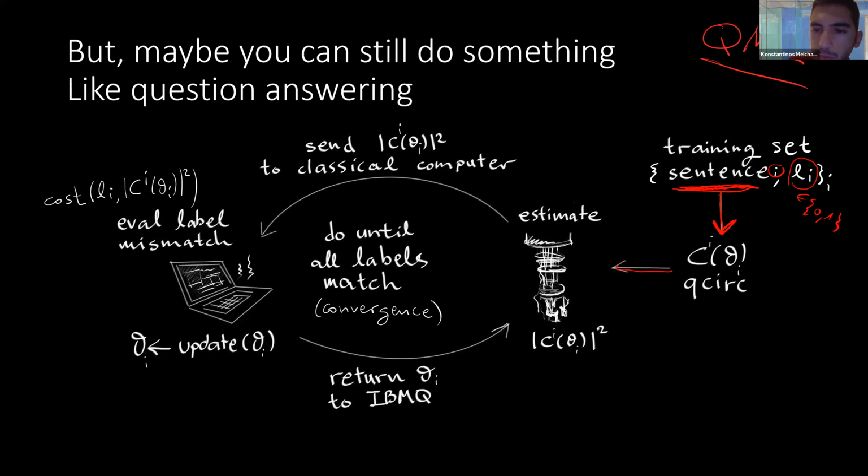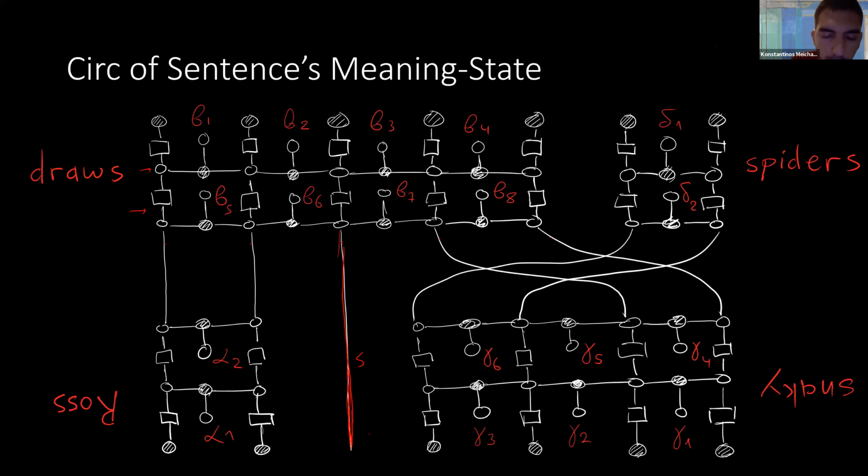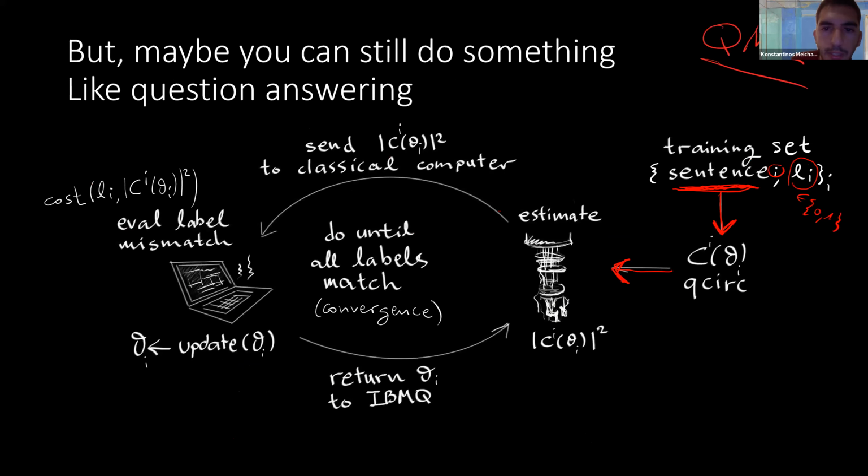Then we send these circuits to, let's say, some IBM device, and we estimate the S wire. For every sentence, we have this wire carrying a qubit, and if you measure it, you either get a 0 or a 1. And getting a 0 or a 1, you can send it back to your laptop, say, and you will see if this 0 or 1 that you measured from that sentence space qubit matches the label of the training set. If it matches the label, you're happy.